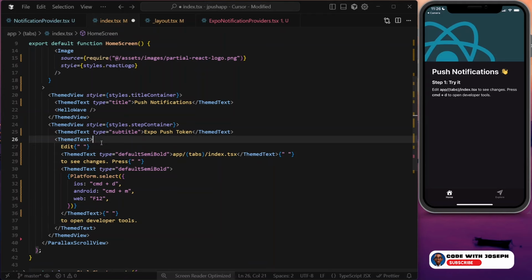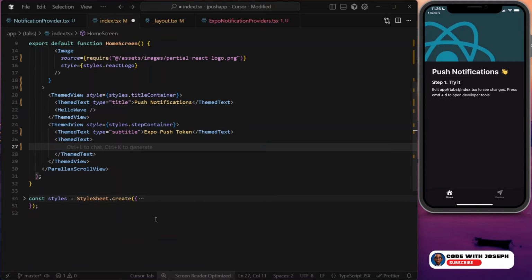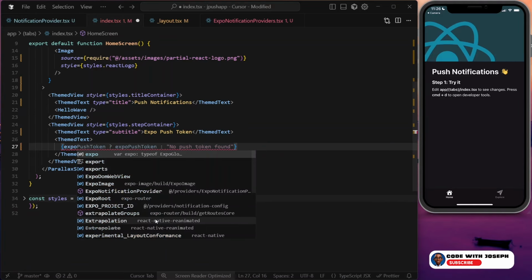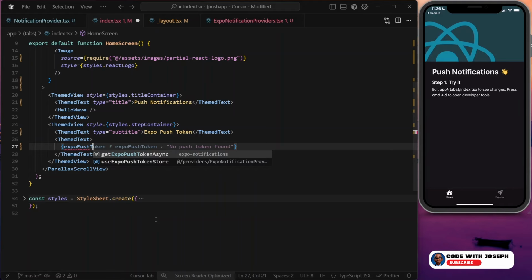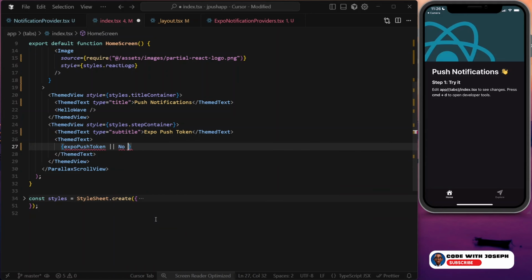Then inside of this theme text, let me remove all of this. So we are left with this. Then we can now see Expo push token else, oops, this is going to be inside of a string, no token